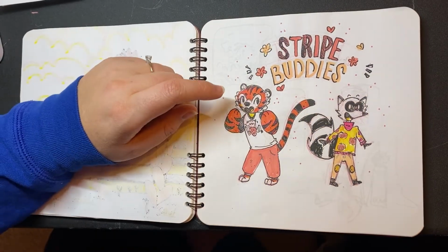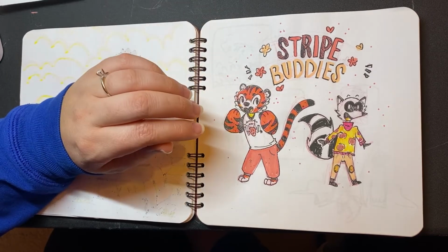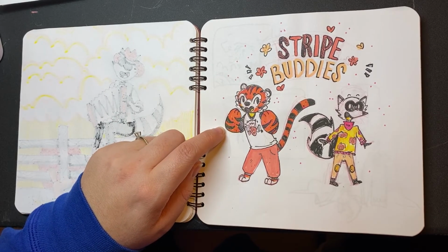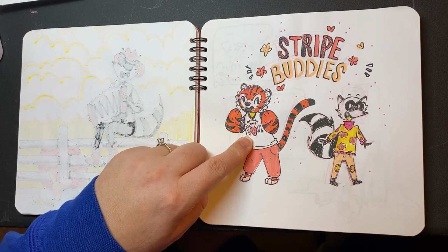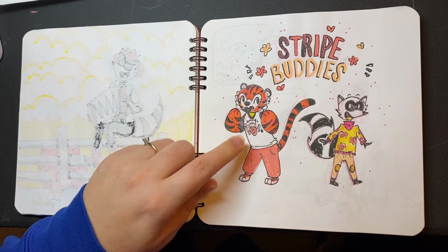Stripe Buddies. So tiger was the prompt here, and later there was a prompt for tail, and I was like, oh, I definitely should have saved it, but I did not, so that's okay. I really like how the tiger turned out. I'd love to do something with the tiger, like another drawing later on, and I put her in a little Stranger Things outfit because I just wore my version of the Stranger Things shirt that I got at a Comic-Con,